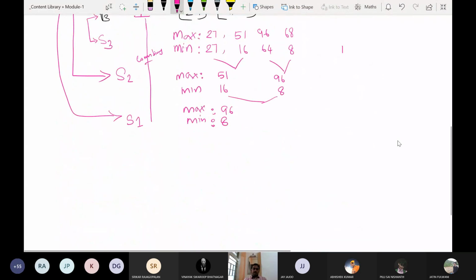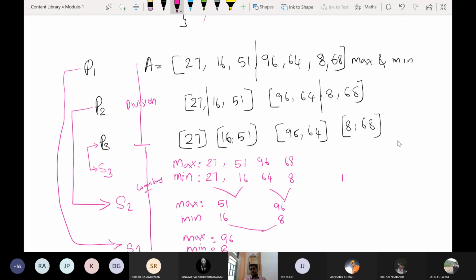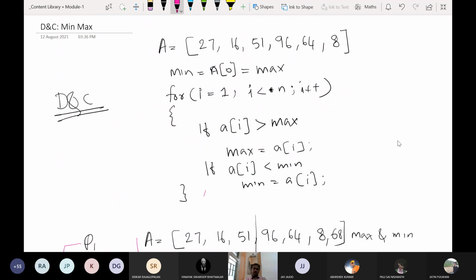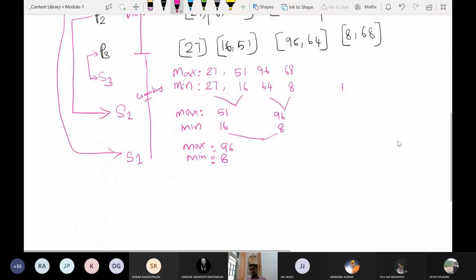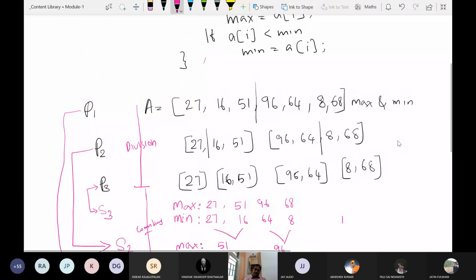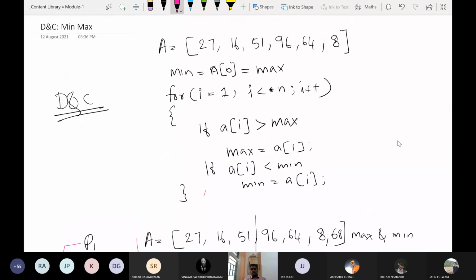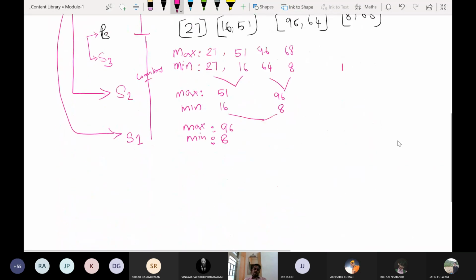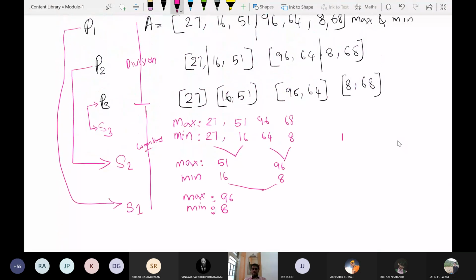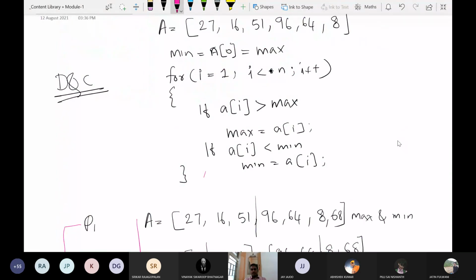This generally comes under the heading of best case, worst case or average case, whichever case it actually falls into. If you are interested, you can think and identify the best case for this scenario, the worst case, and the average case. When will you have the minimum number of comparisons? For getting the minimum number of comparisons, in what way are the elements to be arranged in the array? All those things you can think about and identify. I am not discussing all those things.